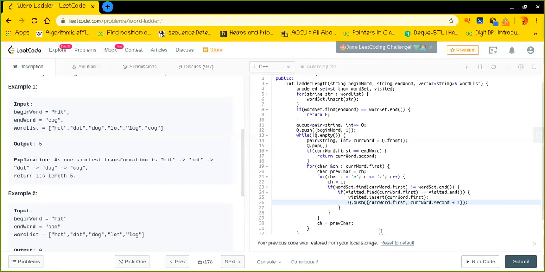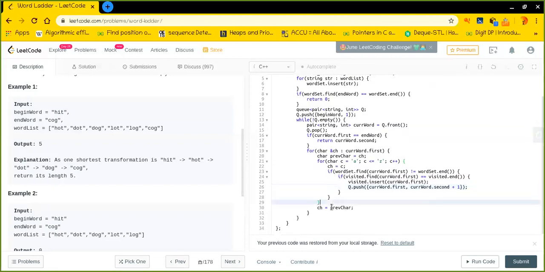So I hope you got the idea of what I'm trying to do right here. After doing the process iteratively, if the word is present in the list and it is possible to reach there, then this particular condition will be met after some time.